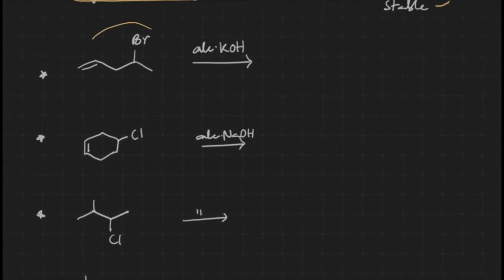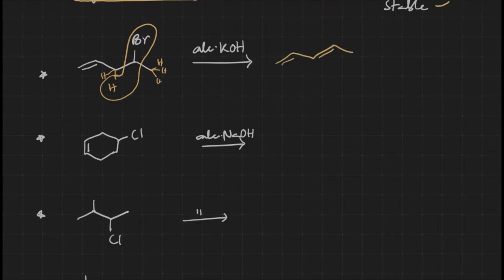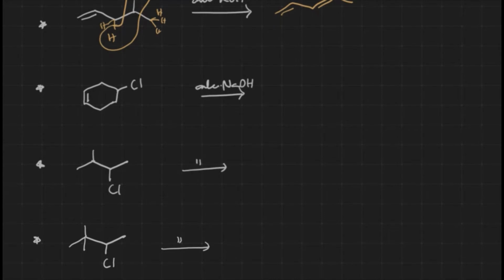Now we have a substrate here, and we need to find the major product. We have this hydrogen, and we have 3 hydrogens over here, which could get out along with the bromine. This hydrogen gets out along with the bromine. Why this hydrogen? Because the respective product is going to be the most stable one. The internal alkene is the most stable one, and along with this it is in conjugation, which makes it more stable.